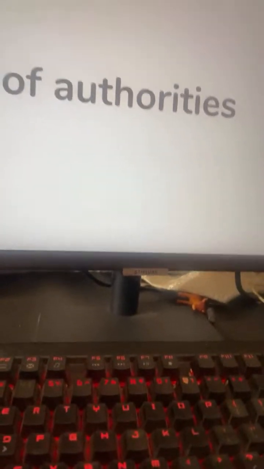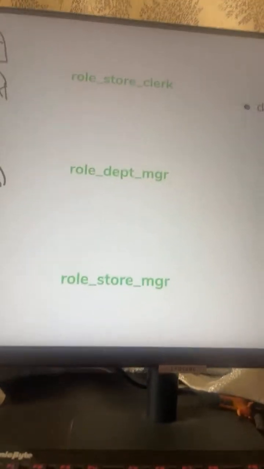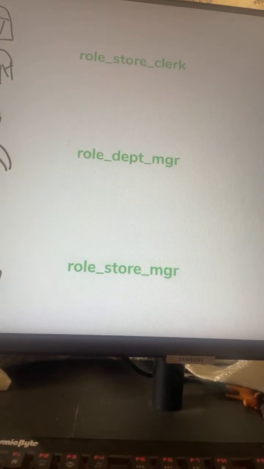So this can be tedious. This is where you create the concept of roles. Role is pretty much like a group of authorities that are usually assigned together. So here you create something like a role store clerk and assign all the authorities that the store clerk should have. So when a store clerk is hired, you assign them to this role and automatically they get all the